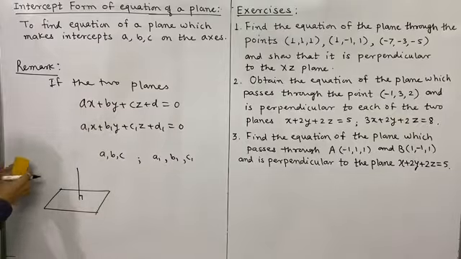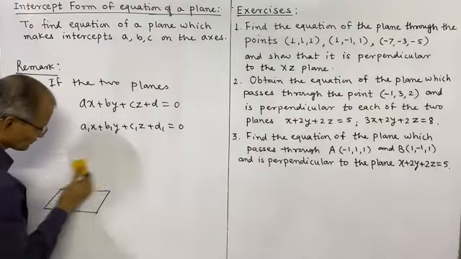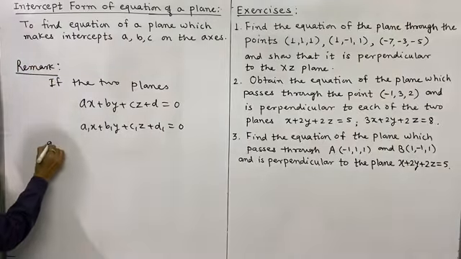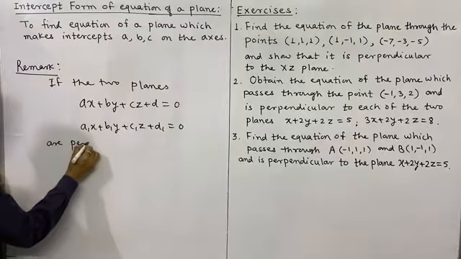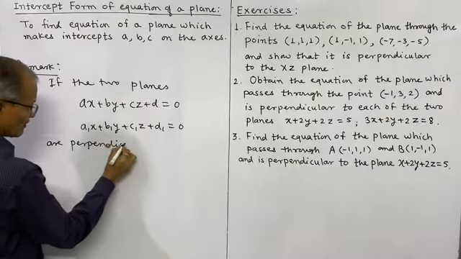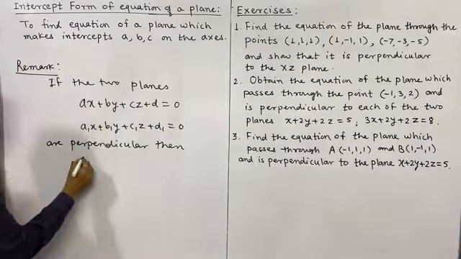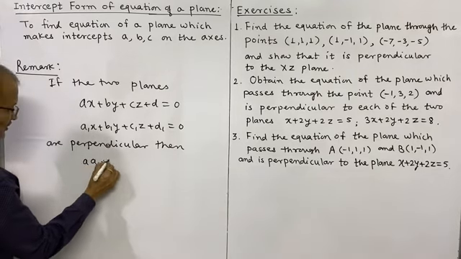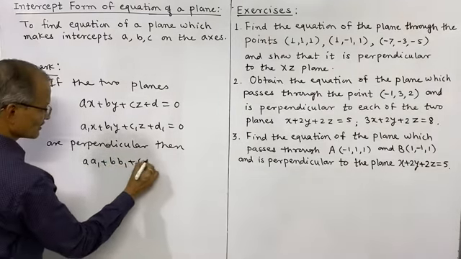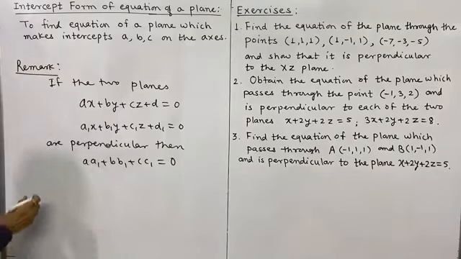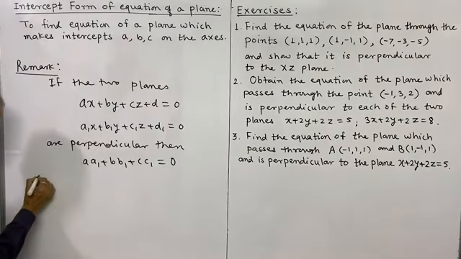If these two planes are perpendicular, then we have a into a1 plus b into b1 plus c into c1 is equal to 0, and if they are parallel,